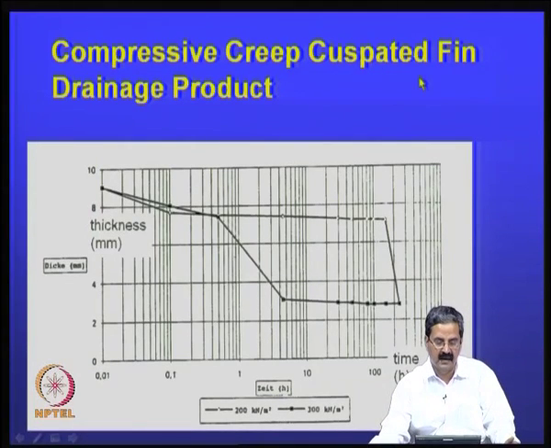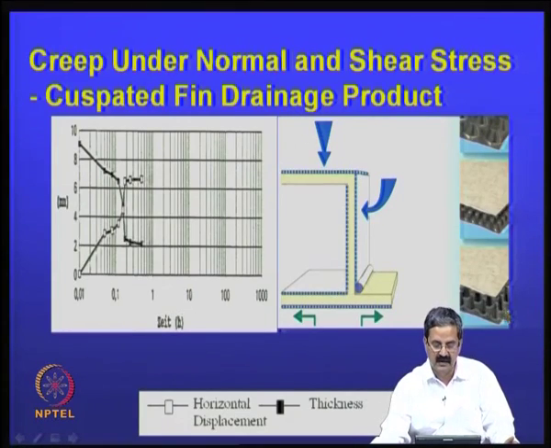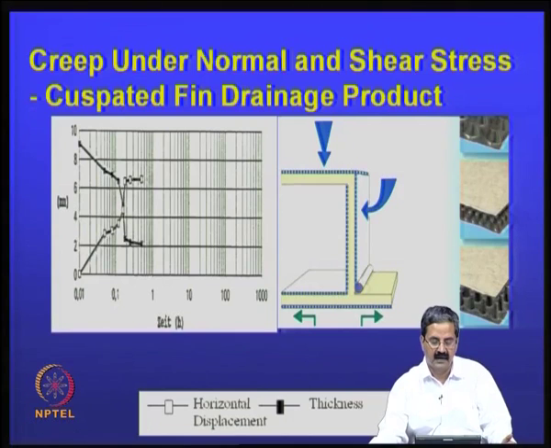Compressive creep applies to another product, which is called cuspated fin drainage product. It is another interesting product that we use for many drainage applications. Say, for example, in the case of a retaining wall, it looks like this. You can see that it has some sort of projections, which are called fins. So, instead of putting a backfill next to the retaining wall, you have a material like this which can be useful as a drainage material. It is going to be very permanent, its thickness is also much less, and it is going to be much cheaper compared to sand or any gravel material, right. So, these are some tests that one should do.